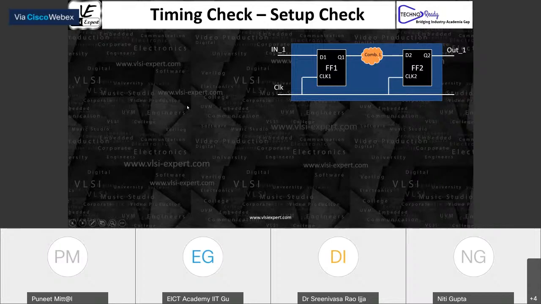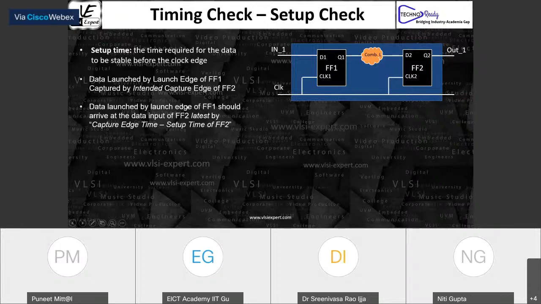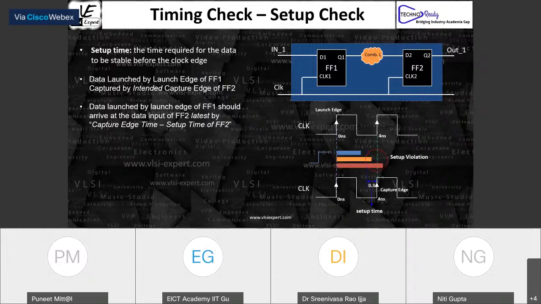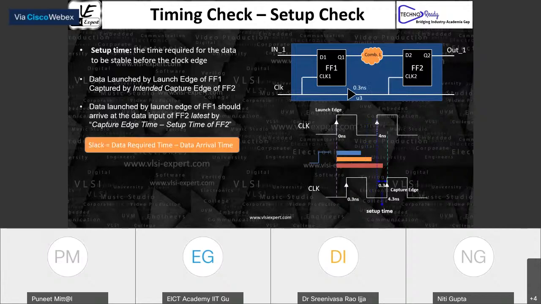So now let's talk about the setup. Setup is done. I think yesterday we discussed very clearly what the setup time is. Now one portion which I want to highlight today is that there are two types of slack. One is setup slack, another is hold slack.